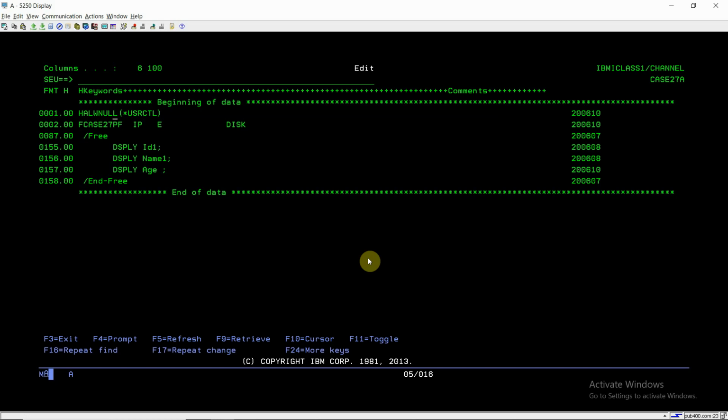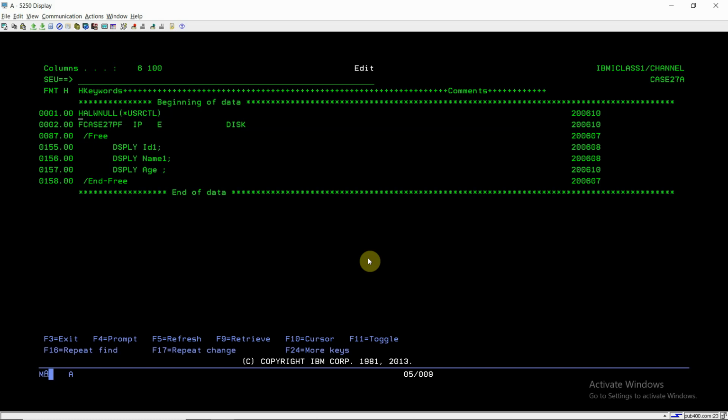I'll be defining this ALLOWNULL keyword with the *USRCTL option. This will allow all the null values of the file. It won't check whether any one field, any two fields, or all the fields are null capable; it will deal at the file level.